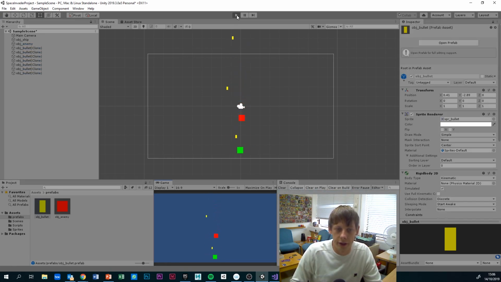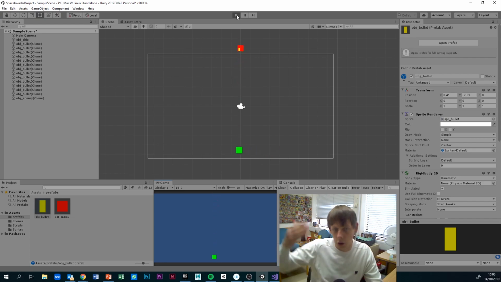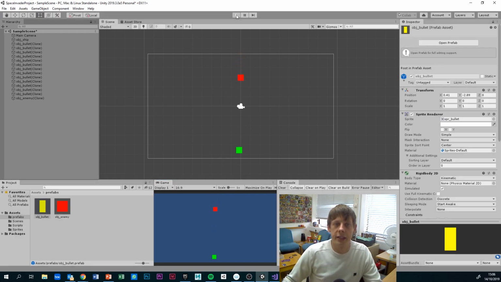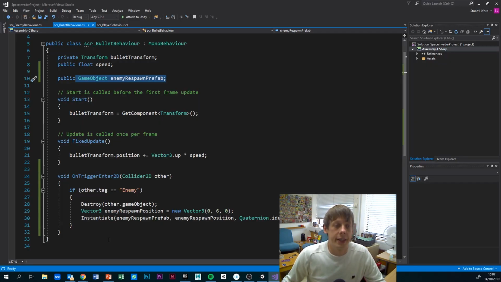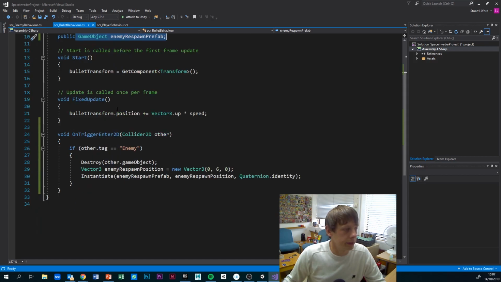If I can shoot it, there you go. You can see in the top there that I'm shooting it, it's respawning, but it constantly respawns in the same spot, which obviously isn't ideal. We want it to respawn at different locations along that x-axis. So in order to fix that, let's go back into our bullet script,